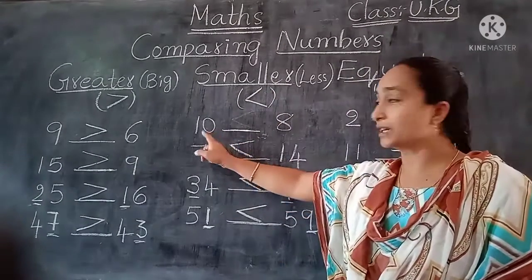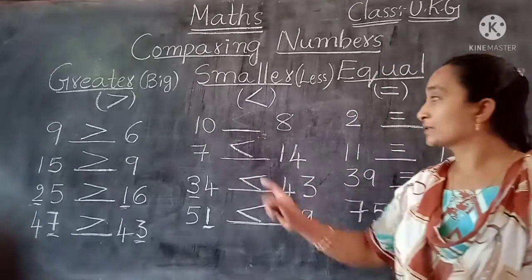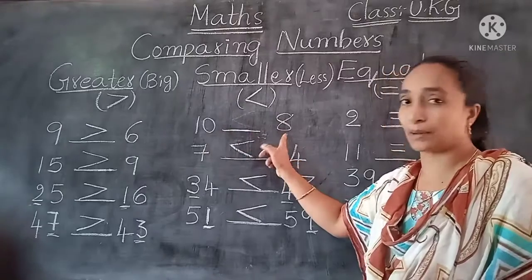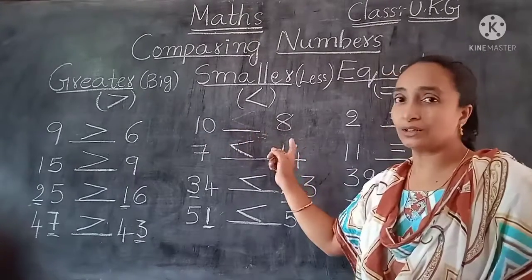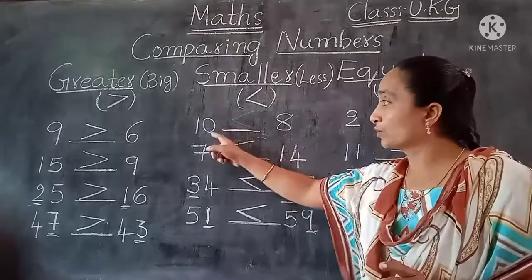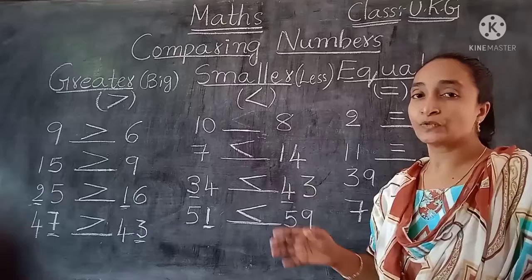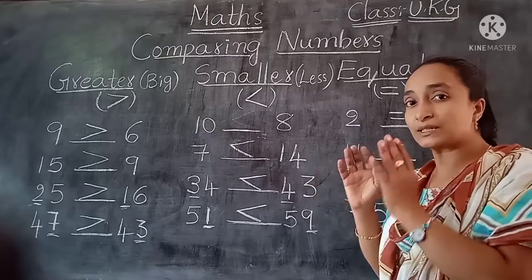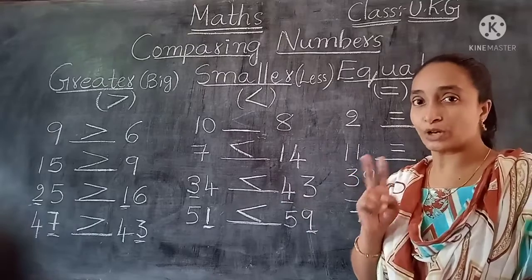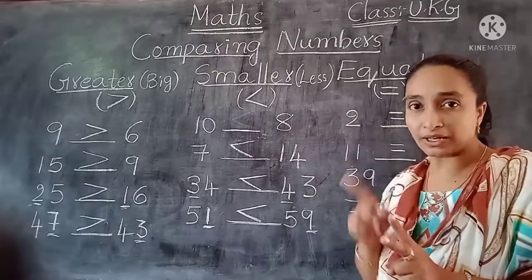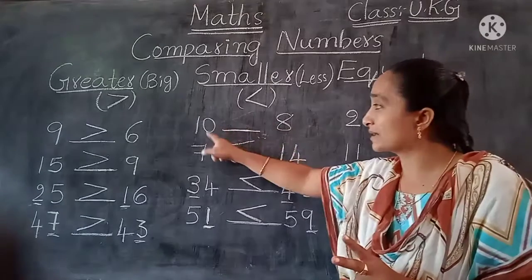So we are comparing this number to this number. Here we have a 2 digit number, 10, and here we have only a 1 digit number. Now we are checking whether they both are equal. No, they both are not equal. So is this number the bigger number or the smaller number? First we have to check if it is big or small. 10 means a 2 digit number, obviously. Here we have only a 1 digit number. This is small, and this number is big.